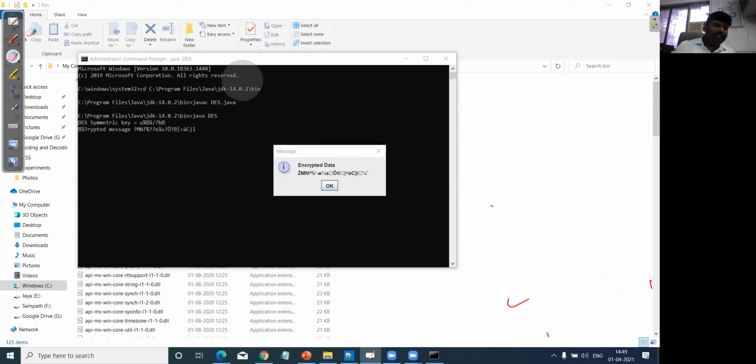This encrypted message is represented in the form of this value. Here we completely do the DES encryption option. It performs the encryption function and gives the output.